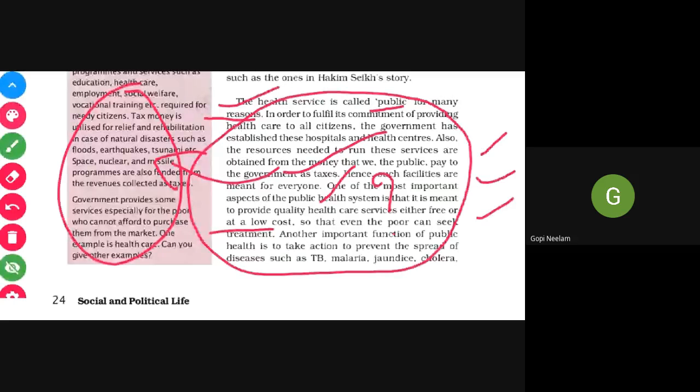Is the government really providing quality healthcare services? Let us say if the government is really providing quality healthcare services, then what is the need of going to private hospitals? If everything is available for free or at a low cost, why do people go to private hospitals? Is it that they want to spend money just because they have money, or because the quality is not there in the government hospital, so people are moving to private hospitals? What is the reason? So think about it.